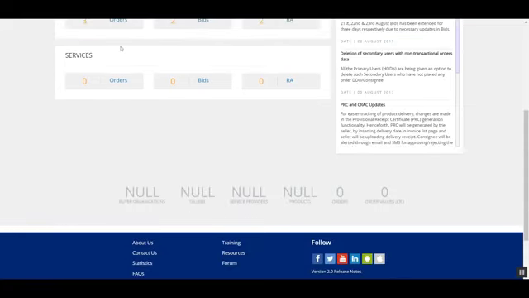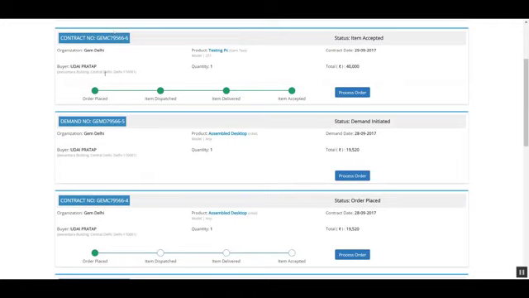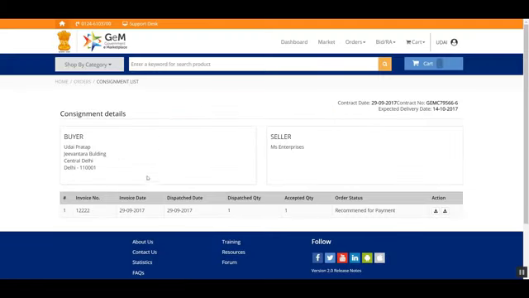As you can see here, this is the dashboard of a buyer. We will go to Orders and click on Products. Here, as you can see, this order has been processed completely. Item has been accepted. So we will click on Process Order. Here, CRAC has been generated by the consignee. After this generation of CRAC, the buyer has to log in from his account